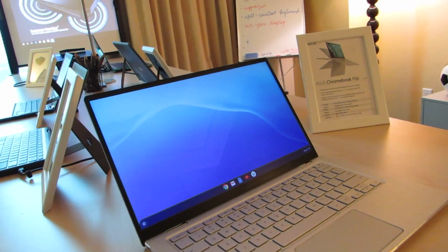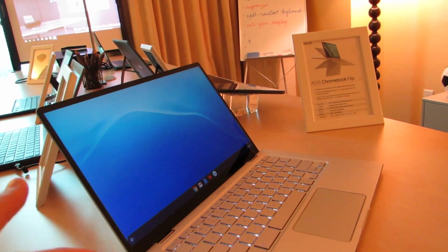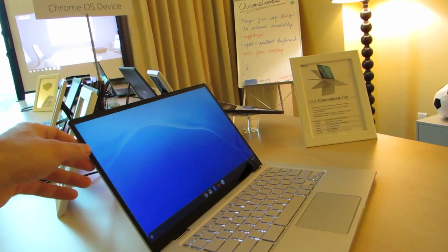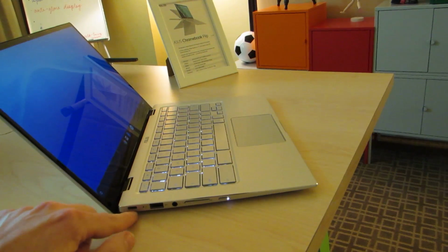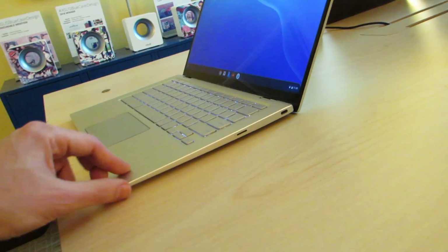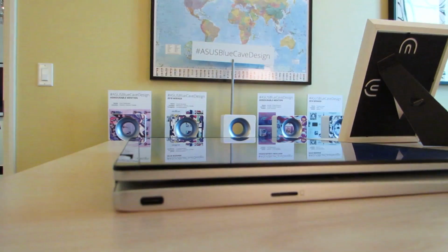Up to 8 gigs of DDR3 or LPDDR3 RAM and up to 128 gigabytes of eMMC storage. It's about 3.2 pounds and about 0.6 inches thick, I believe. Since it's a convertible, we've got the power button and the volume buttons here on the side. We've got USB Type A and Type C ports, a headset jack, a micro SD card slot, and another Type C port here. It's got a touchscreen display and a 360-degree hinge, which allows you to use it as a tablet, and it